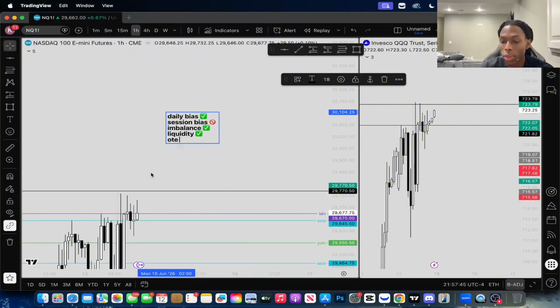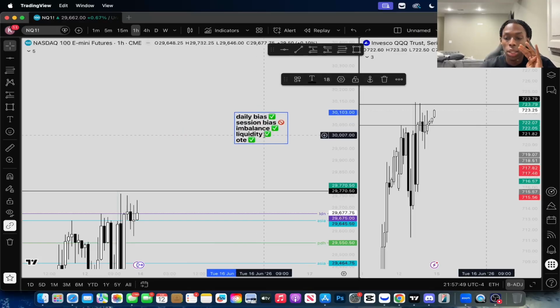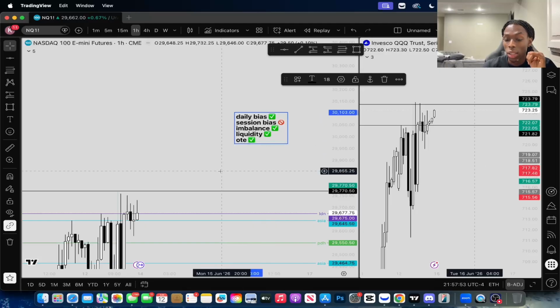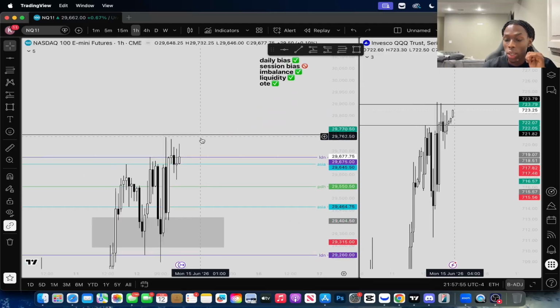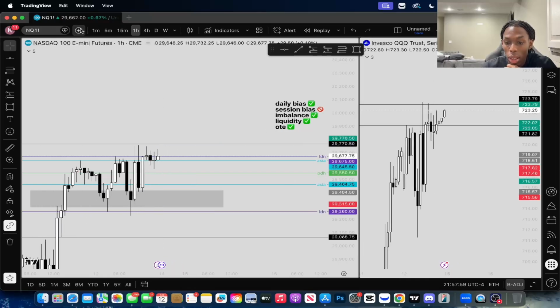Where we at? This is already a trade that I'm liking. I really just need 4 or 5, really 4 of these things, these confluences, for me to want to take the trade. And we already have 4 of them. Next thing that I'm looking for is